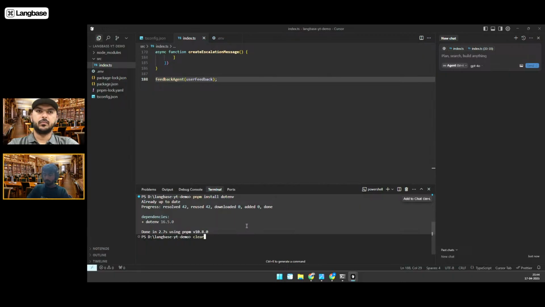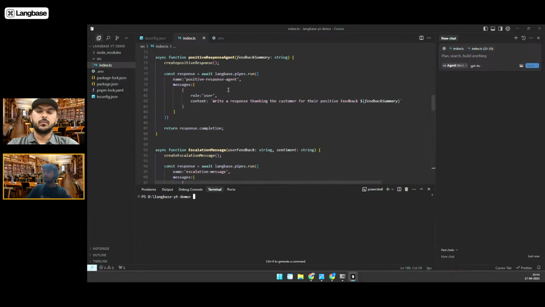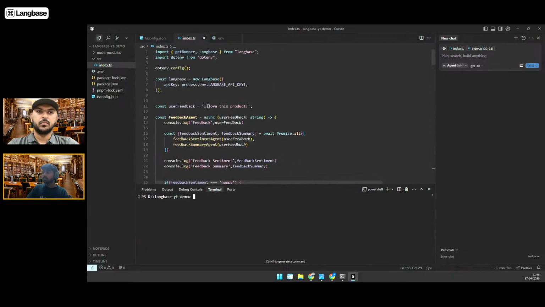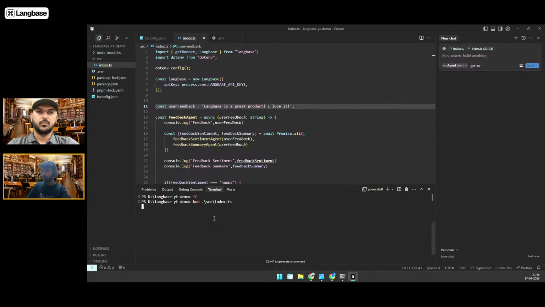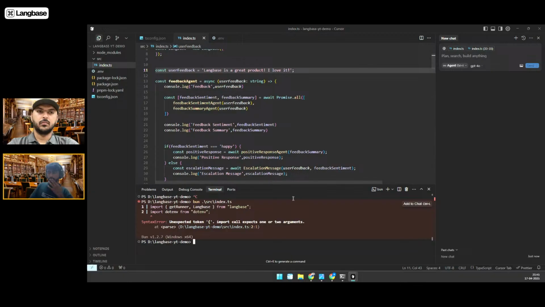Now let's give it a user feedback like, for example, Langbase is a great product. I love it. Now let's run this workflow. So as you can